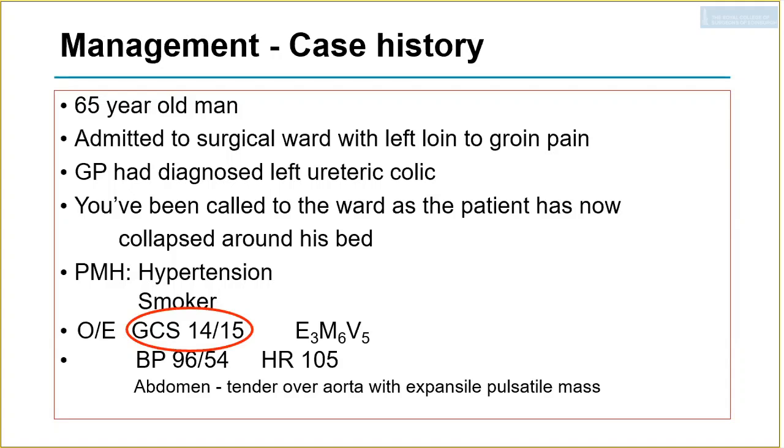Now let's look at the important salient points here. The GCS is 14 or 15. So this guy's conscious, which means he's perfusing his brain. You assess his motor function. He's obeying you and he's speaking in a coherent fashion. So he's perfusing his brain. Yes, his blood pressure is low. His heart rate is high, which may mean that he's in some degree of shock. But what would you do?